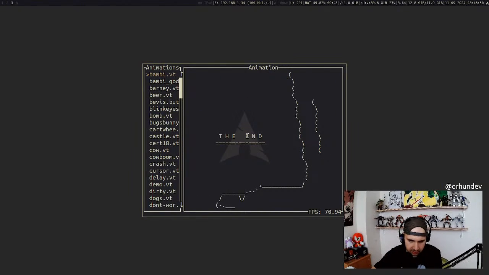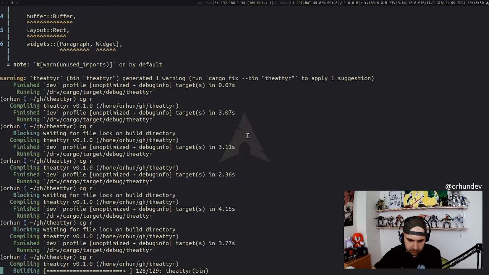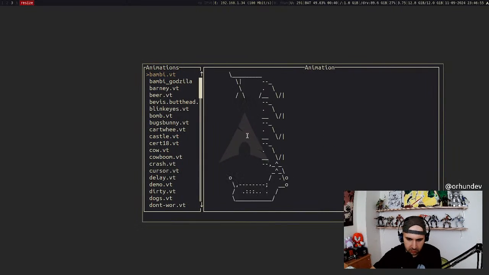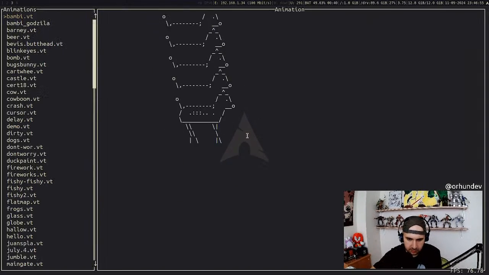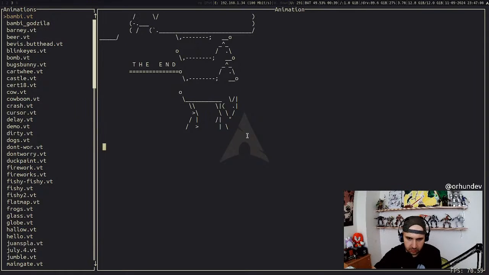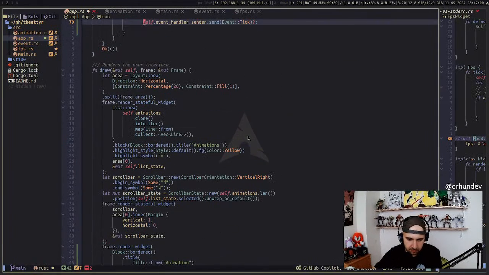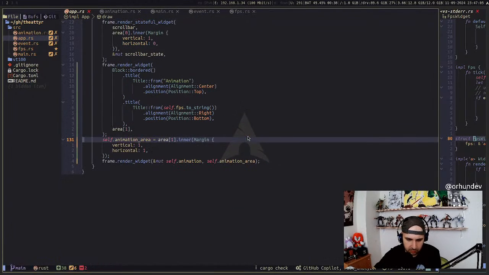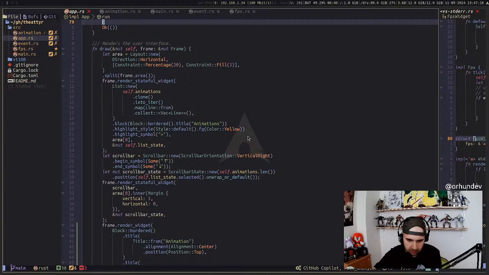I don't know. Let's try it. So I start the animation, I resize it, and then it's not rendering correct. It's not about that actually. It may be something about animation area, but animation area is